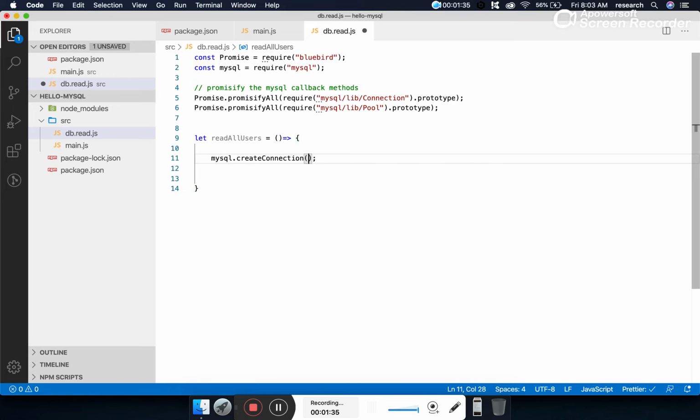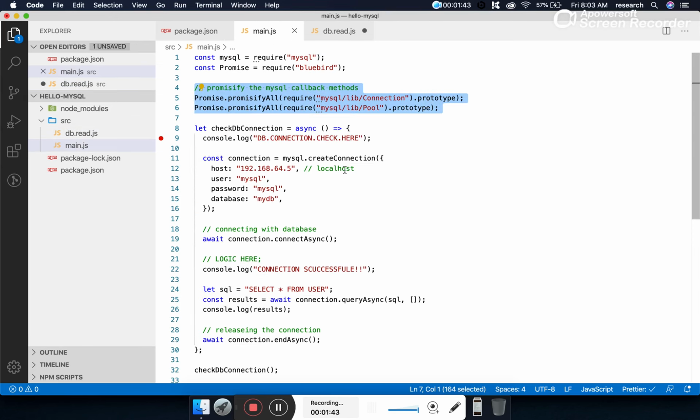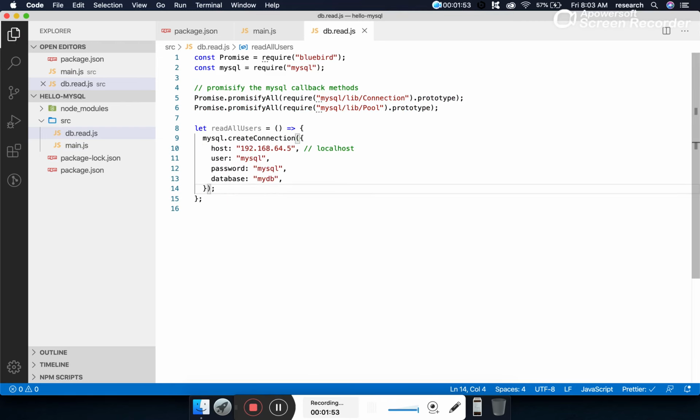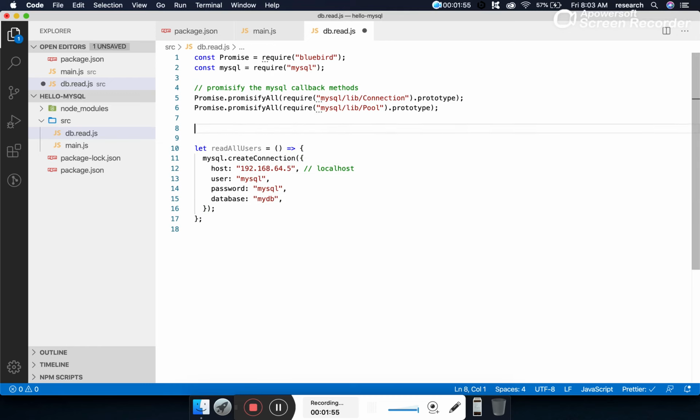MySQL.createConnection. And one more time we have to provide the information about our database, like this. We can write it like this here, or can we create one common object here?